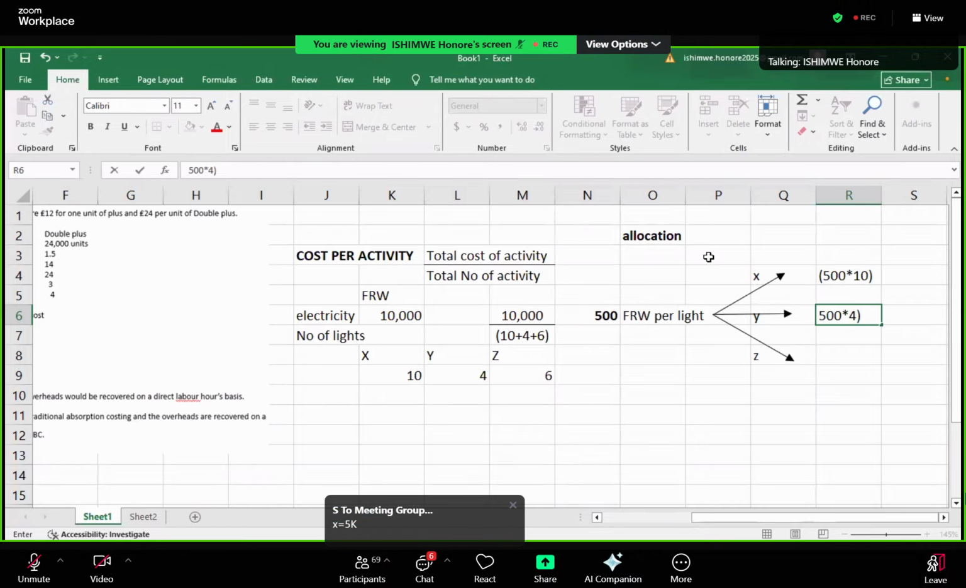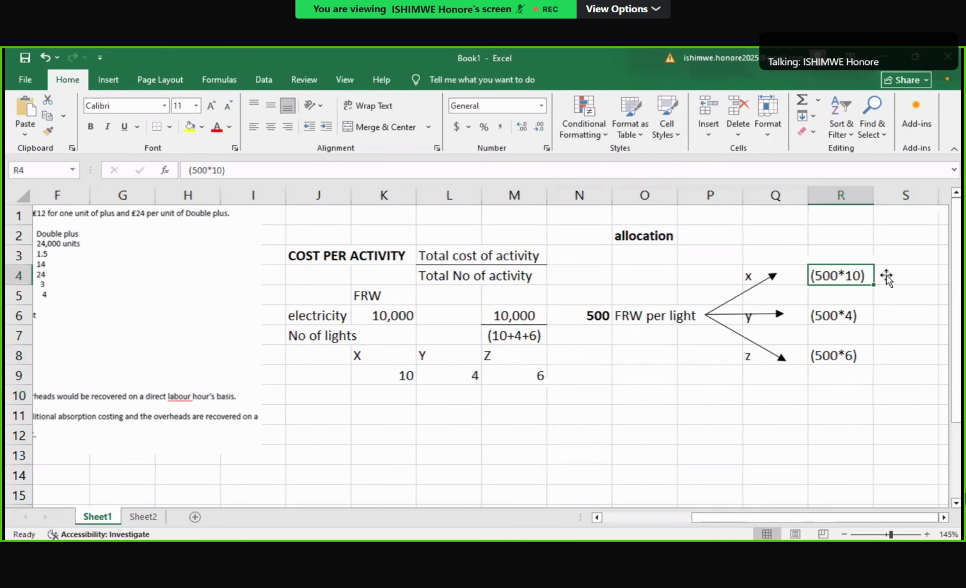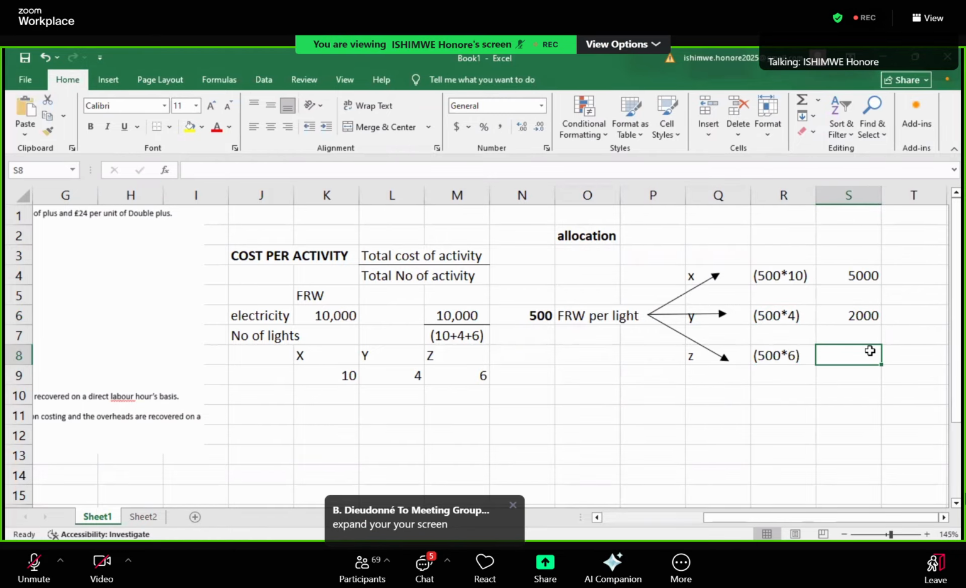All right. If you have a question, please ask me, and I will answer. Now, let me also come here on Z. It will be 500 times 6. I hope you are understanding now. So, what I'm going to get here is 500. Of course, you see, it is this. Then I multiply by this 10. Okay, this is the answer. Here, it will be 2000. And here the answer, I'm sorry, the answer will be